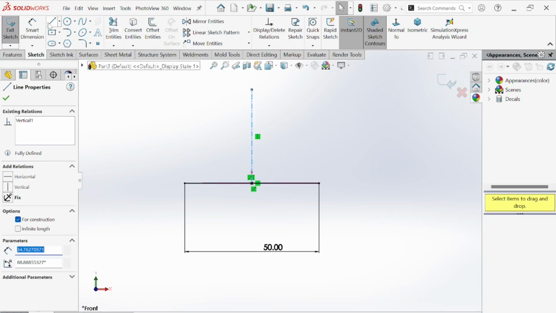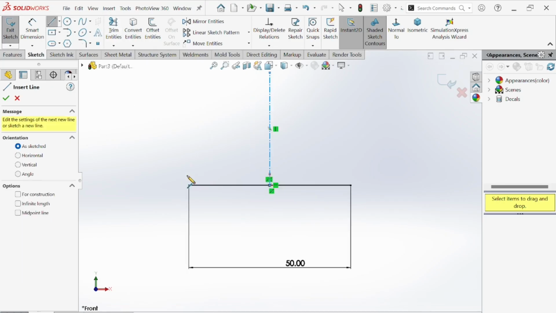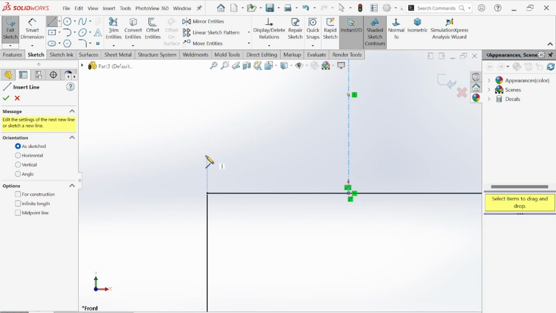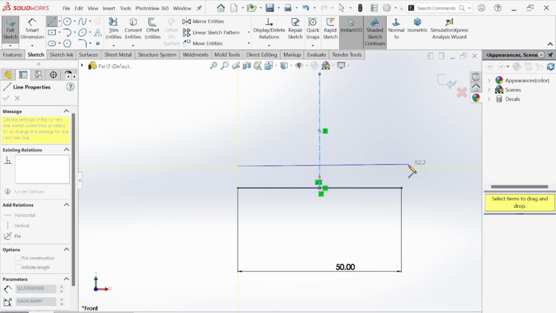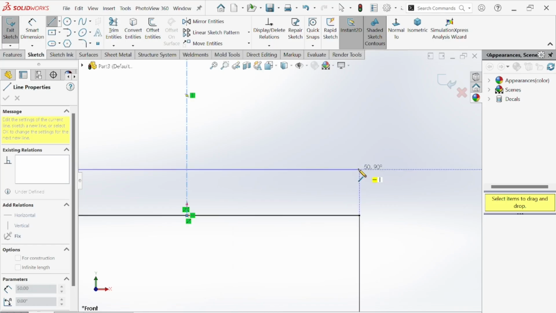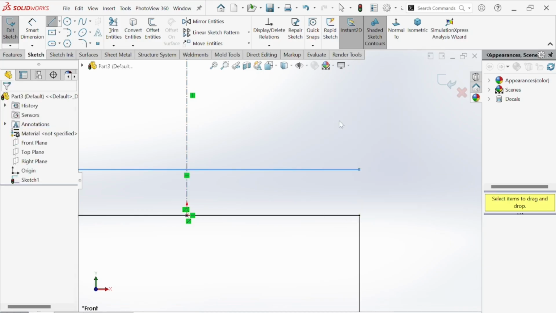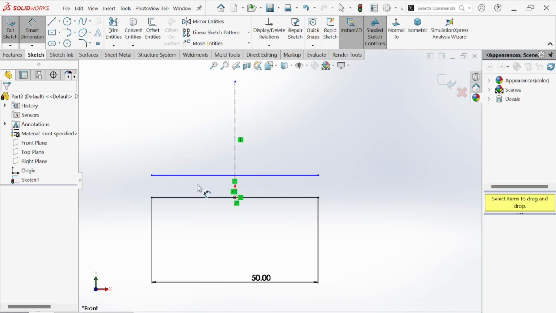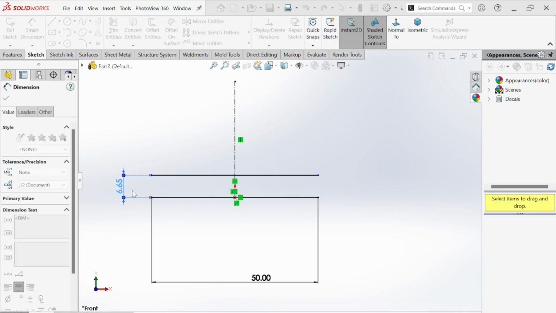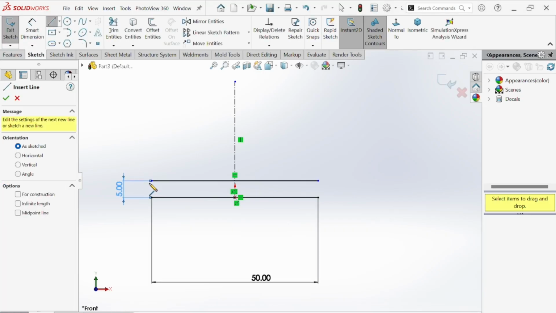Okay, again come here and make a line like this. From here come, now here, you will see this blue line. This shows that both the points of both the lines are at the same position. So come here and make a line exactly equal to this. Come here and make it like this. Here you see the blue line, and just make this one okay. Now we need to give some dimension, make this one 5. Okay, now close this one,